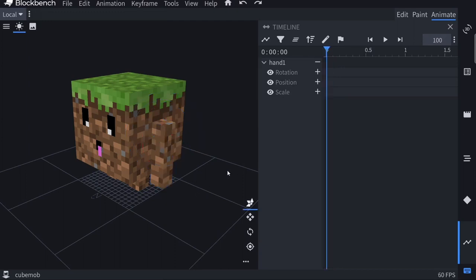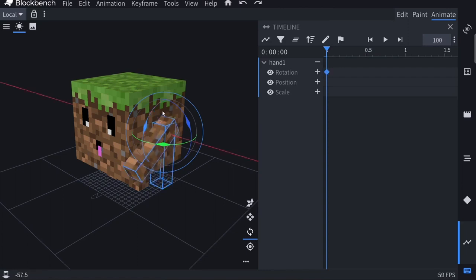And to create your animation, first you just want to select what part of your entity you want to add animation to. So first I'm going to start with this arm. And when this animation starts, I want this arm to be a bit forward. So I'm going to select this rotating tool. And I'm just going to move the arm however I want this entity to start the animation. So I'm just going to move it to this position. And what this also did is it added a keyframe. And what this keyframe does is it lets it know that when it's at second 0, this arm has to